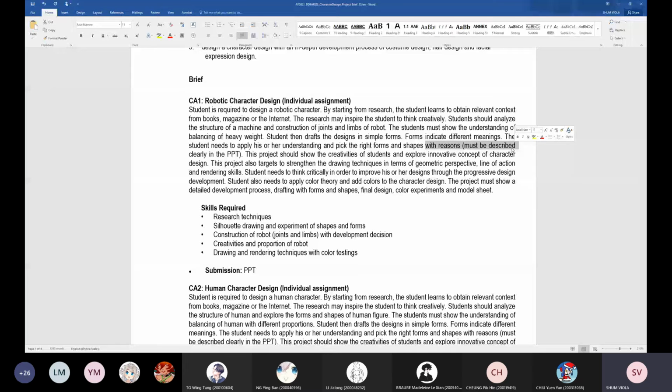Okay, so you also need to write down some description next to your design to tell me why you made this kind of decision. It can be very short. You don't need to write a very long paragraph, or an essay about why you did this. You can use point form to tell me why you did that. And then